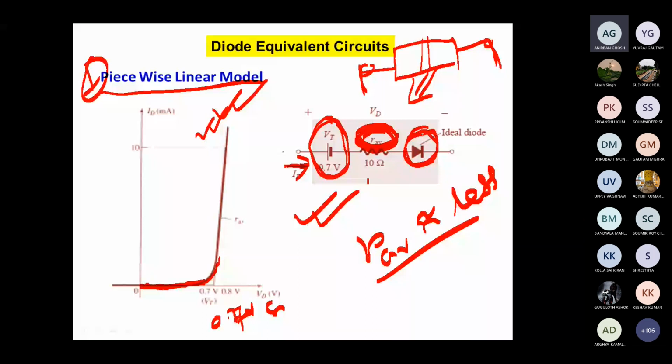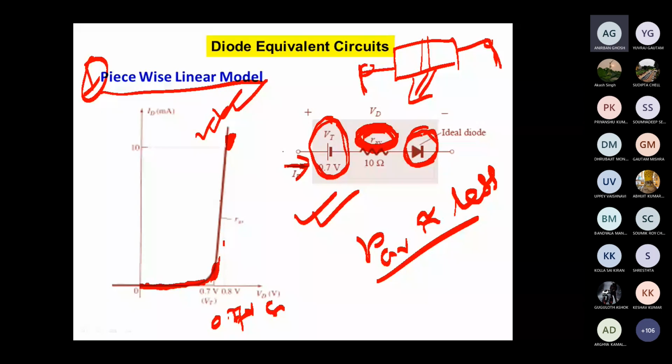Sir, one thing: R average is basically the dynamic resistance which we calculate across the knee voltage and 0.8 volt. So within this range we calculate R average, no? Because for an ideal diode we need to convert it to a real diode. Yeah, you are talking about from here to here. Yes, sir, from 0.7 to 0.8 volt, R average we are considering. Yeah, okay, this one.